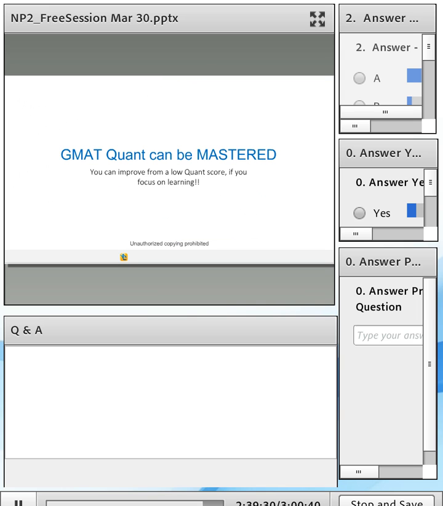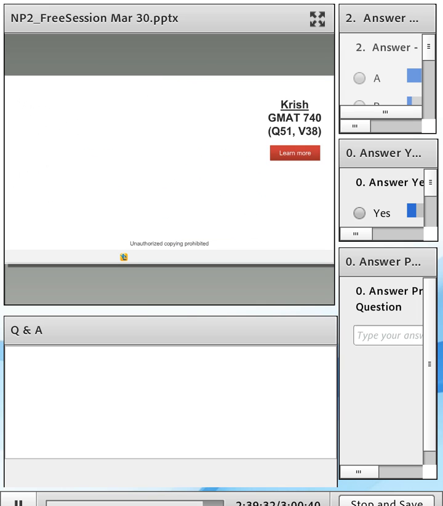Okay. All right. So with this, we've come to the last part of this session now, which is the concluding remarks. GMAT Quant can be mastered very easily. Okay, it's not about complex math, it's about building some core skills and good habits, reading the questions correctly, writing things down. It's not about finding the quickest way to solve questions. Okay, so that is something which you need to understand.